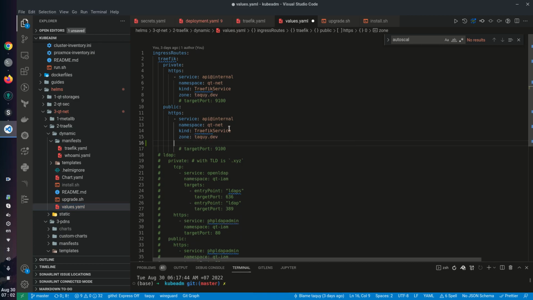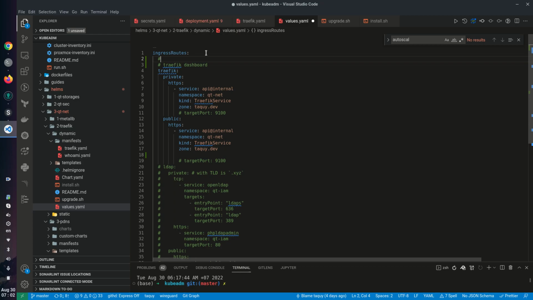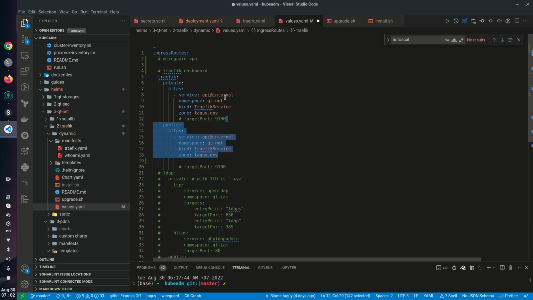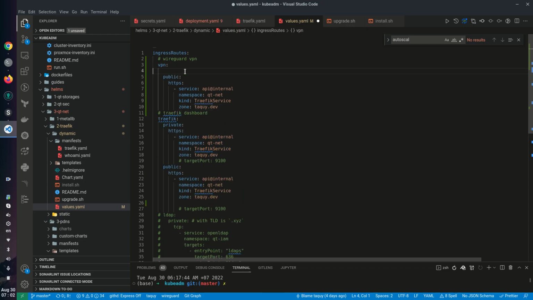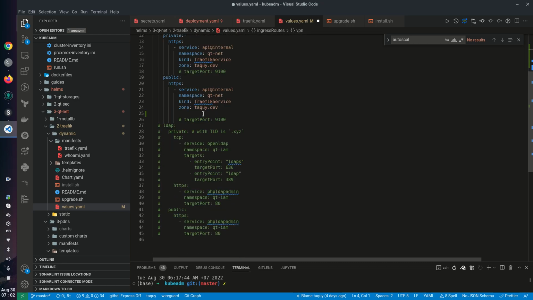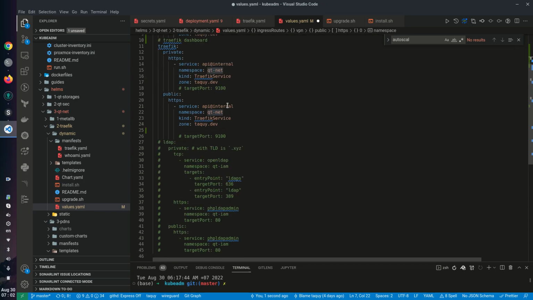Yeah, so I think here's the traffic dashboard. Now I can just add another one. For example, I can add VPN. VPN obviously, public obviously as well. The route will be a bit different here because now I actually care about namespace. It will be Kubeadm and